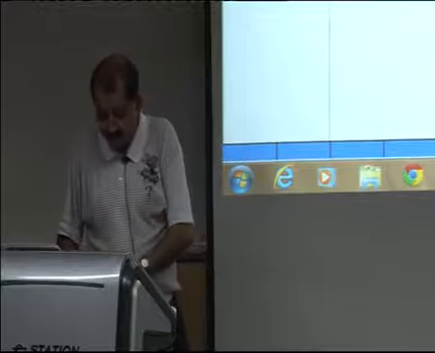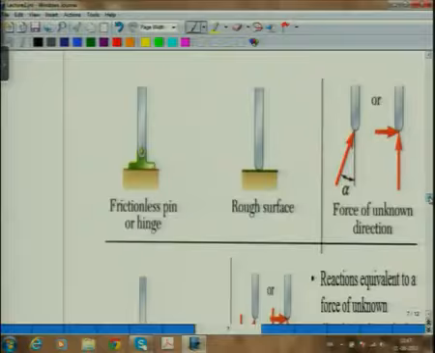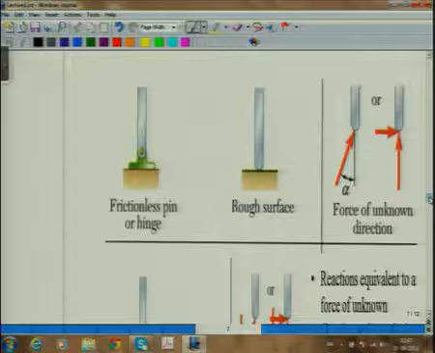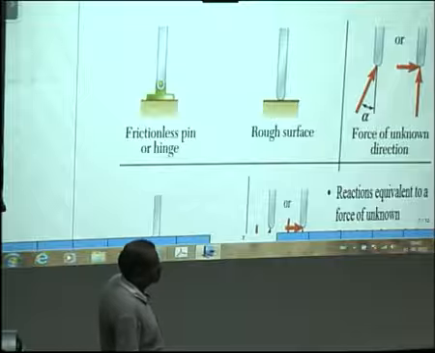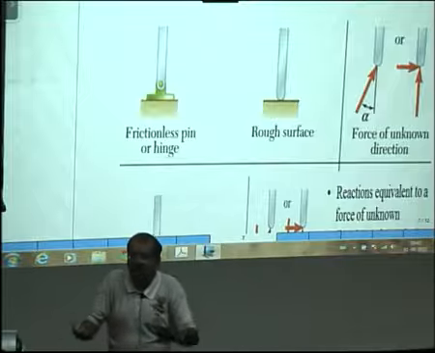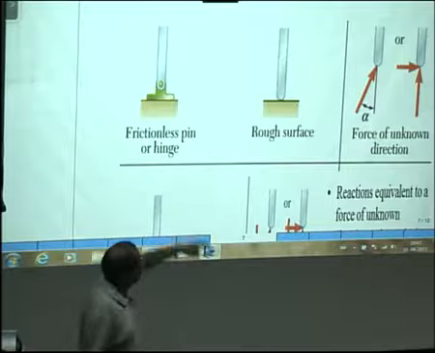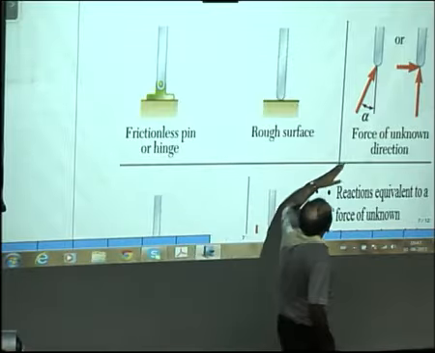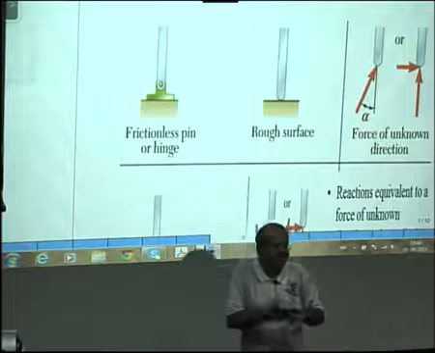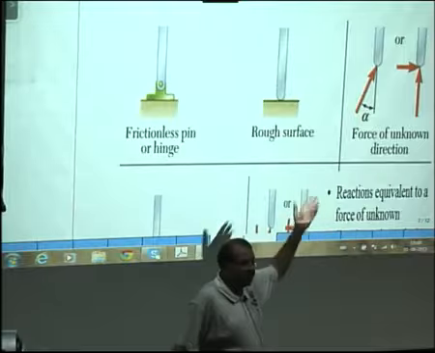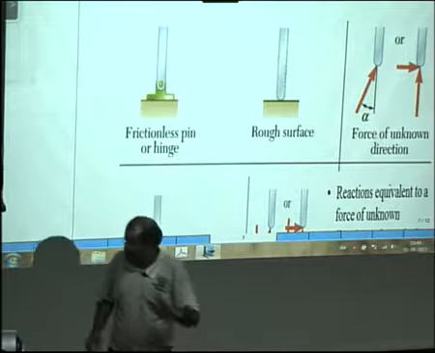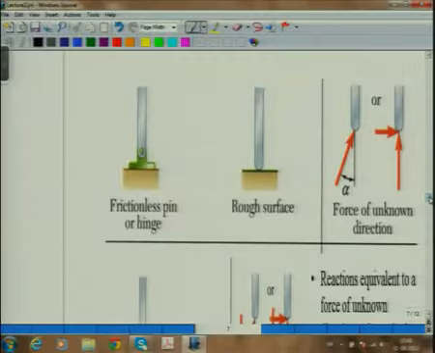Now, this is the case we have already seen. A frictionless pin or a hinge joint, or if we have a rough surface. Then what we have is, as I told you, there will be Rx and Ry. Another way of writing this is, you show that there is a single force at an unknown angle alpha. So that's the same as putting Rx and Ry as I had put in my slide. Okay? Now there is one last case which we have in these